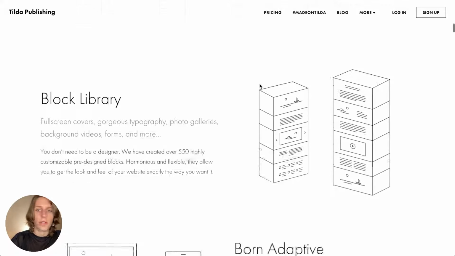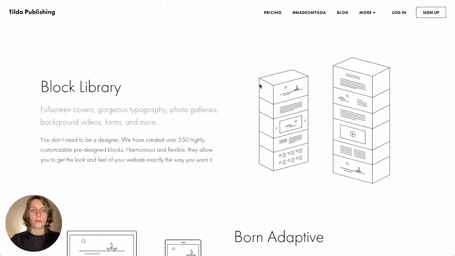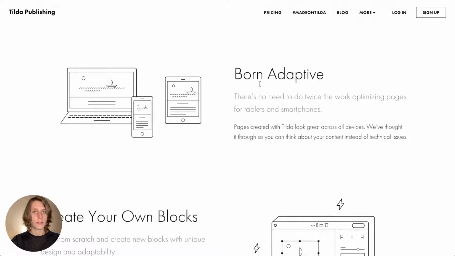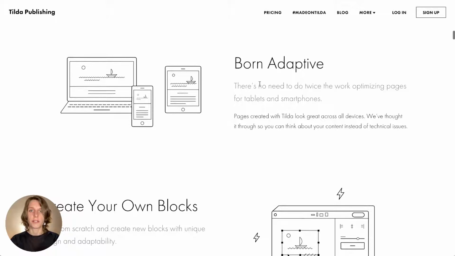There are many options, and you can modify them, of course, but the basic structure is pre-designed by a professional designer,